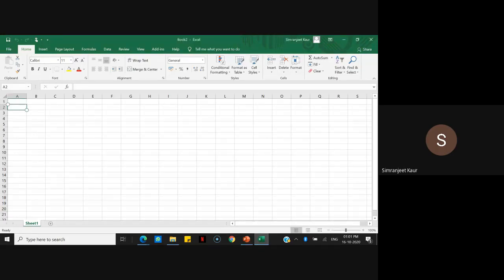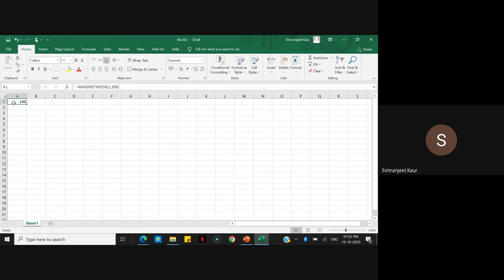Because we are not given the data, we will generate random data. For that, we have the formula RANDBETWEEN. We need leaves from 1 to 300. I'll just press enter, so I have generated one random number.